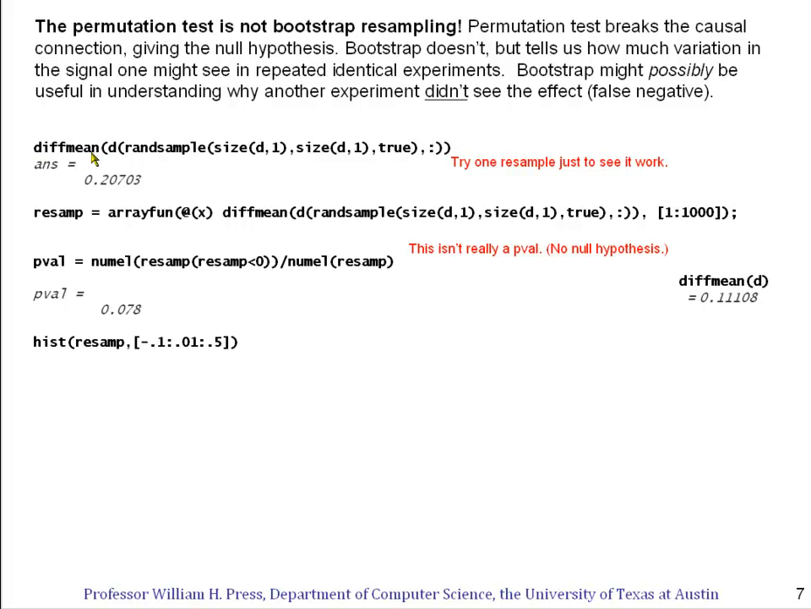Well, now we would compute this difference of the mean statistic. Instead of on the data long skinny vector D, we would choose a random sample of the rows of D, and that's here using the random sample function in MATLAB that we've seen before. So here I'm doing it just once, and I get a statistic value of 0.20. And now with the array function, I do it 1,000 times, and I compute, well, it isn't really a p-value,